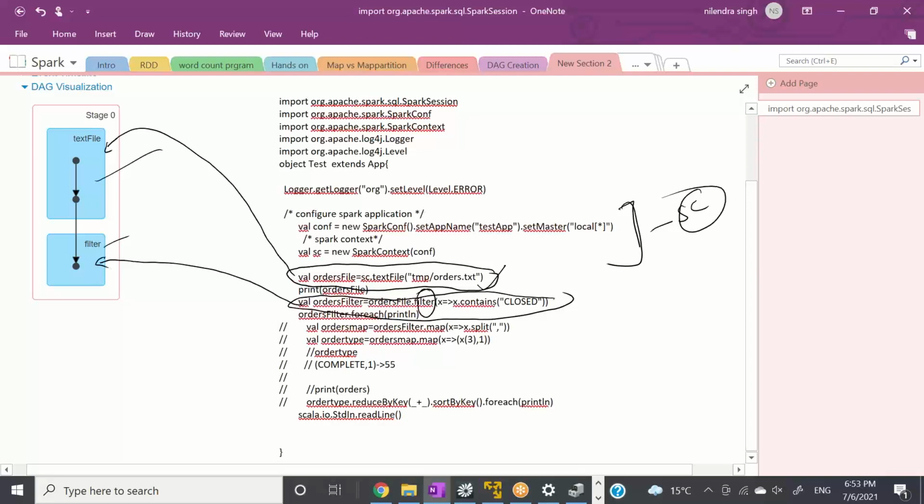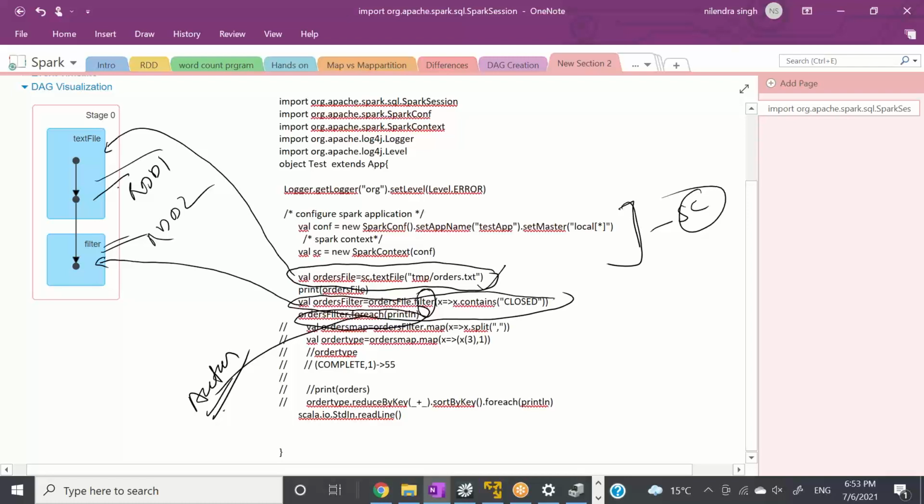My action is somewhere here. This is my action. For each action, I did some action, right? So what the driver program did, it created a DAG. It created some steps in my DAG. So this is my RDD1, it is my RDD2. And when I hit the action, it executes it.